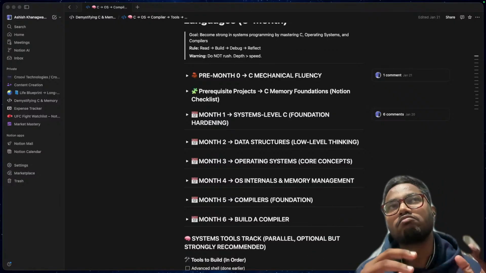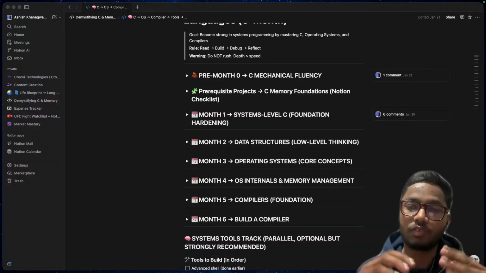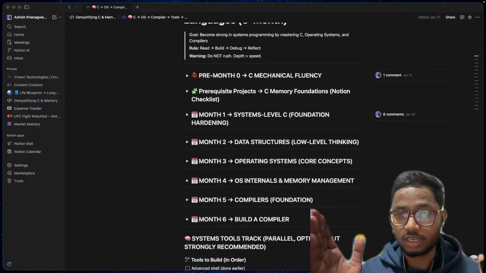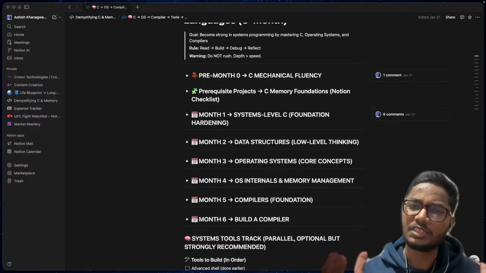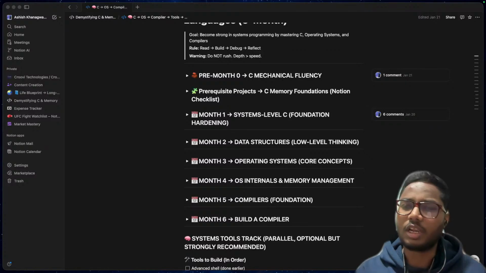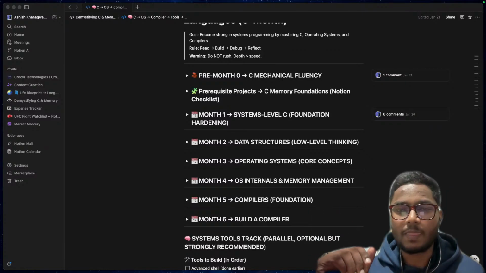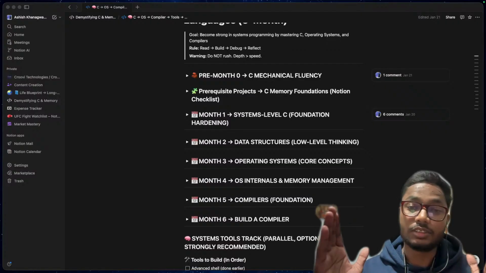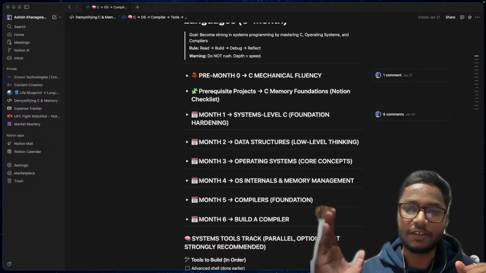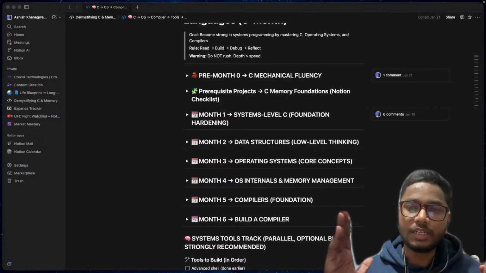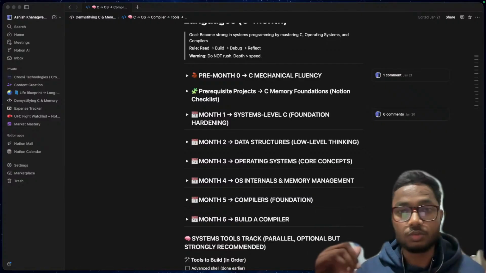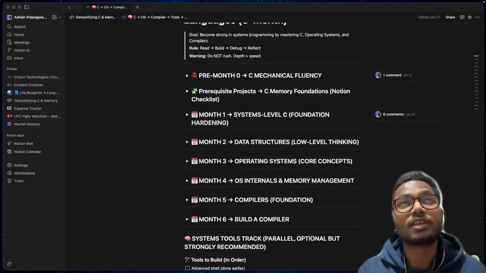And second, build real infrastructure. After these 6 months, I want to be capable of building operating system components, programming language runtimes, developer tools, and compilers, right? And third, here's the reality. I'm building a startup in parallel to this learning journey.